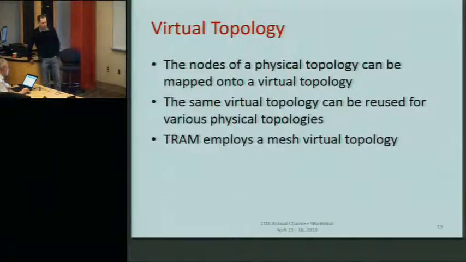So we talked about topology. Now, with TRAM, in addition to the physical topology of the network, you also have a virtual topology component. The virtual topology is what TRAM will actually be working with. That is, you take the nodes in your program and you map them from the physical topology onto the virtual topology. And then within this virtual topology, TRAM will be employing the routing. And now you see why we're talking about topological routing.